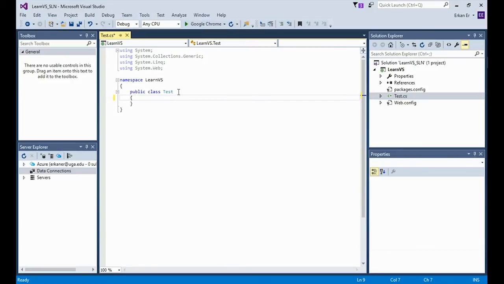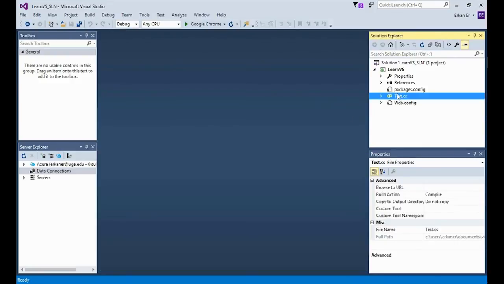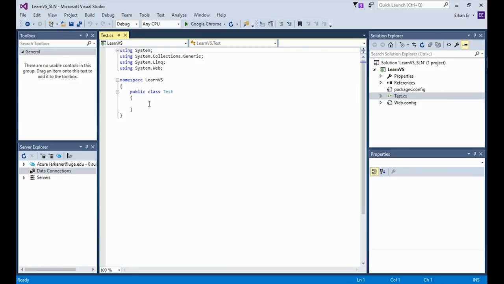Next, I want to introduce line revision marks. In order to illustrate the line revision marks, I will add several lines of code to the test class. Let's define an integer variable with an initial value of 100. You may notice that a yellow bar appeared at the beginning of the code that I have just added. This yellow bar indicates that the adjacent code has been changed or just added after this class file was loaded to the editor or after the last time the code was saved.